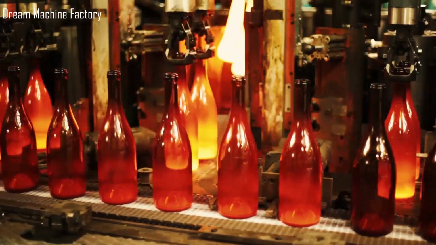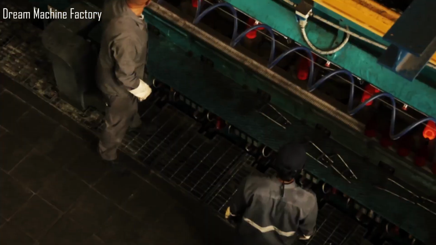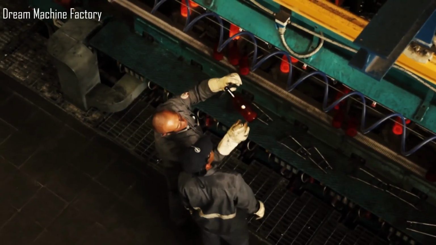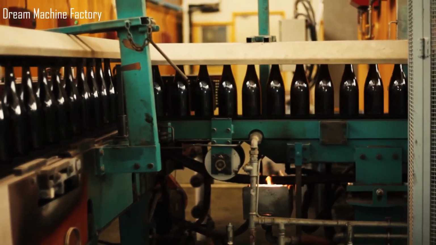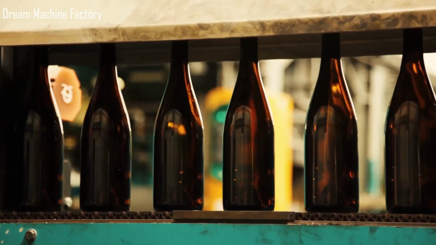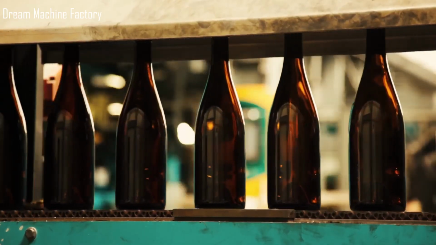After forming, bottles undergo heat treatment to ensure structural integrity. They are reheated to approximately 560 degrees Celsius, allowing temperature equalization and relieving internal stresses through annealing. The cooling process is gradual, lasting from 1.5 to 4 hours depending on production speed. Following annealing,